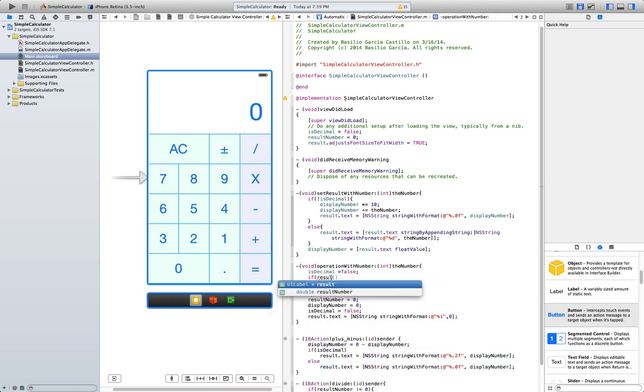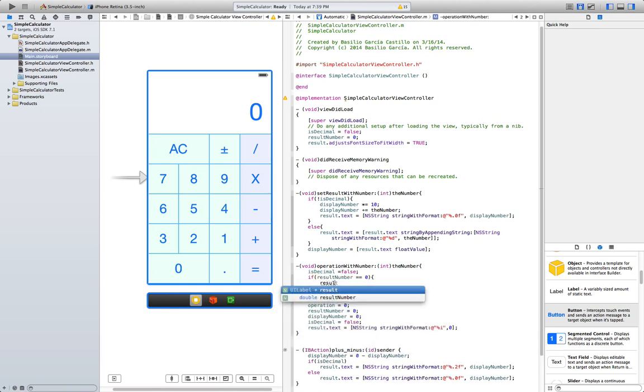If result number is 0, so if it's the first time we are making an operation, result number is going to be equal to display number.